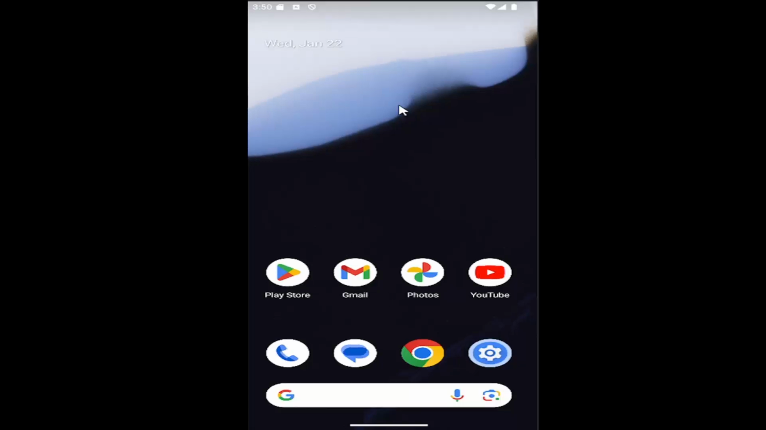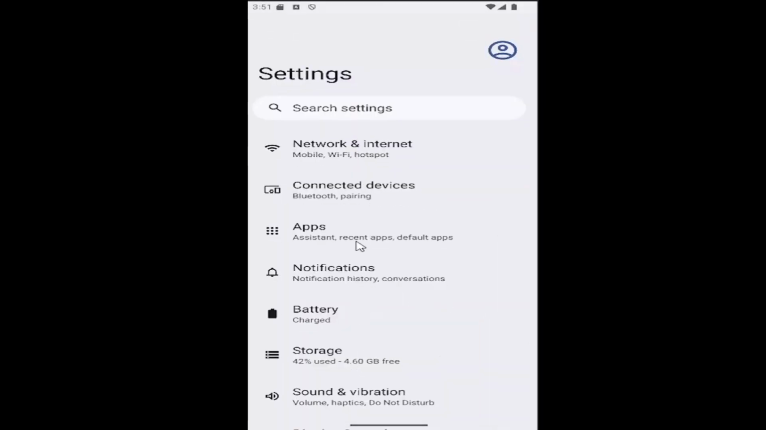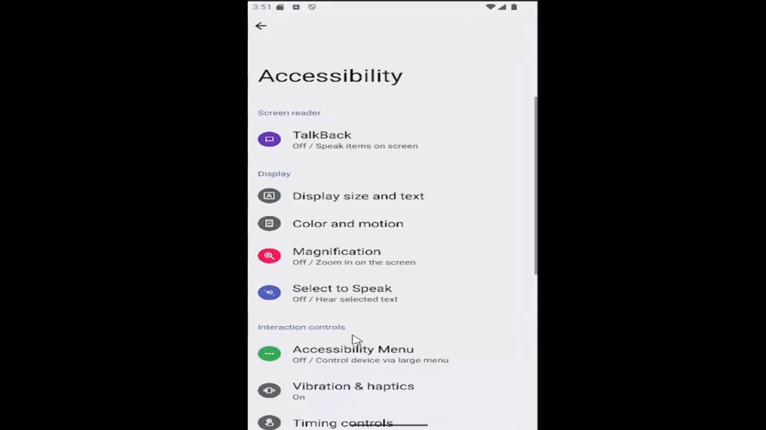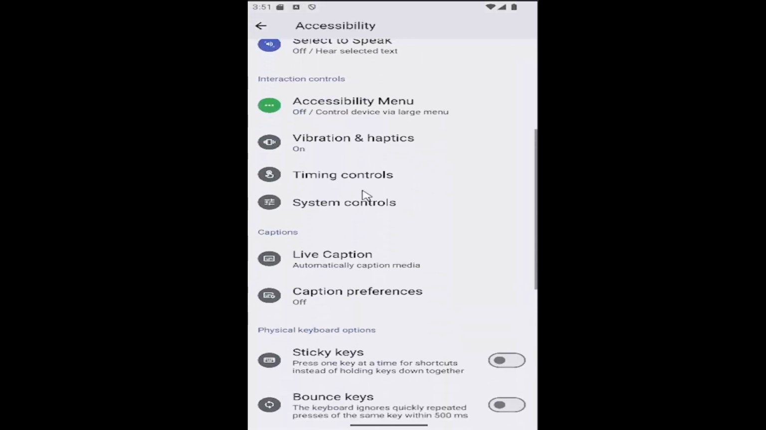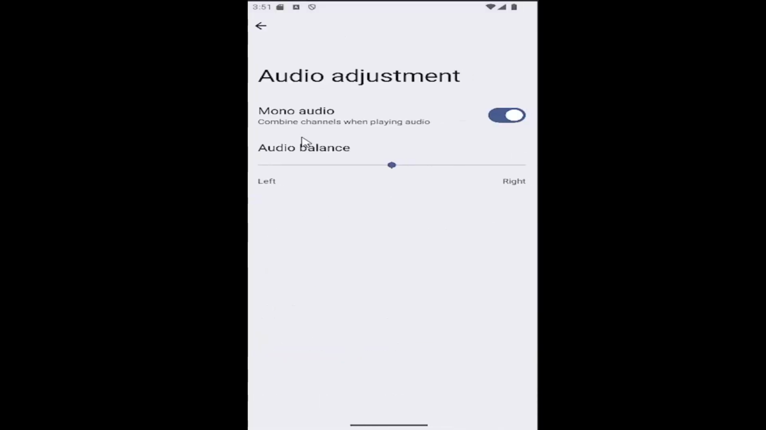All you have to do is swipe up on your home screen and select the settings gear button. And then you want to go down and select the accessibility tile. And then you want to go down again underneath where it says audio, select audio adjustment, and then you can adjust the audio balance by going left or